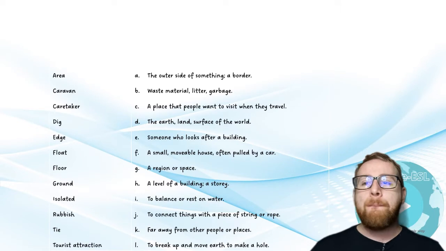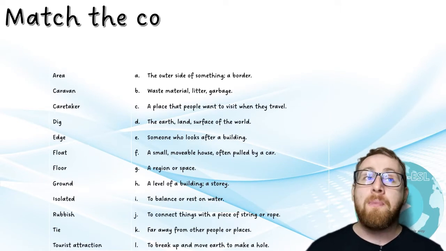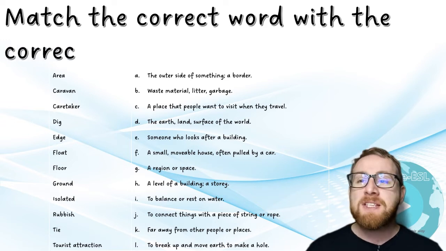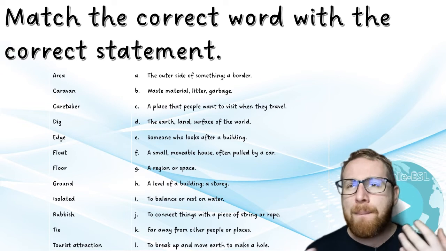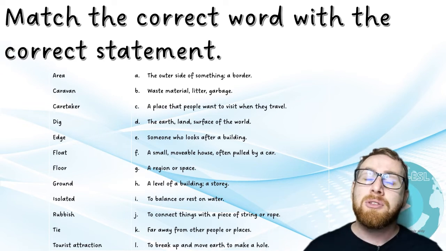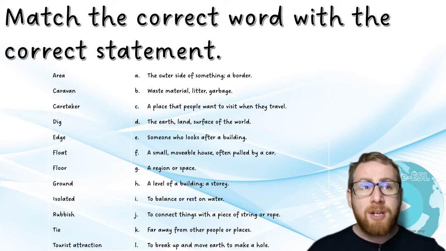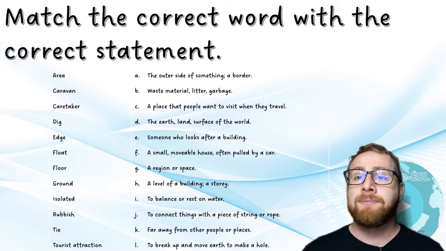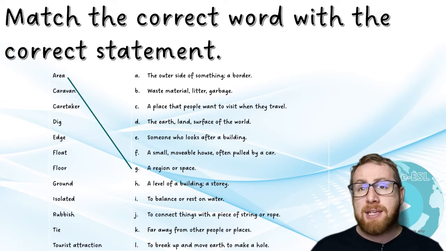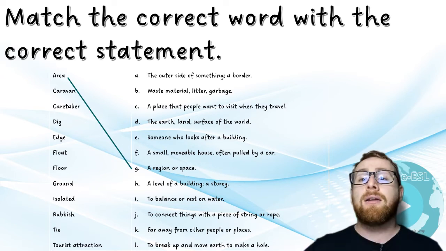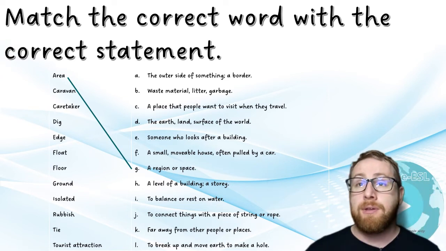And if you were in those places, what problems would there be and how would you fix them? Here we go, a bit of a matching game. I always like a matching game. So we want to match the correct word with the statement. This is just for a bit more vocabulary to talk about survival. It'll be useful. So an area, what could an area be? Well, it's a region or space, an area. So you would look around the area for food.